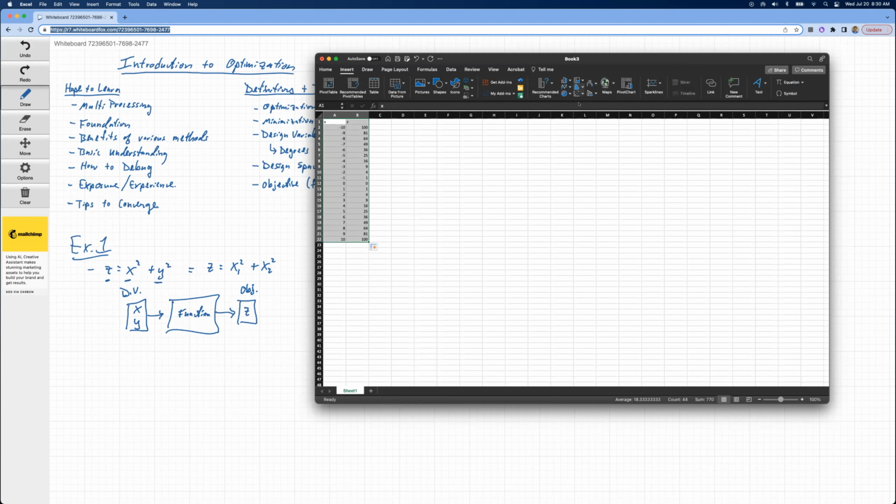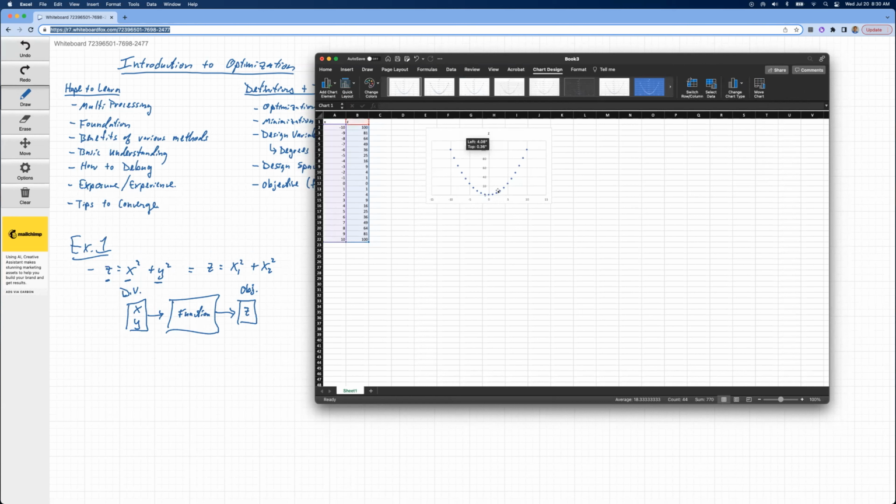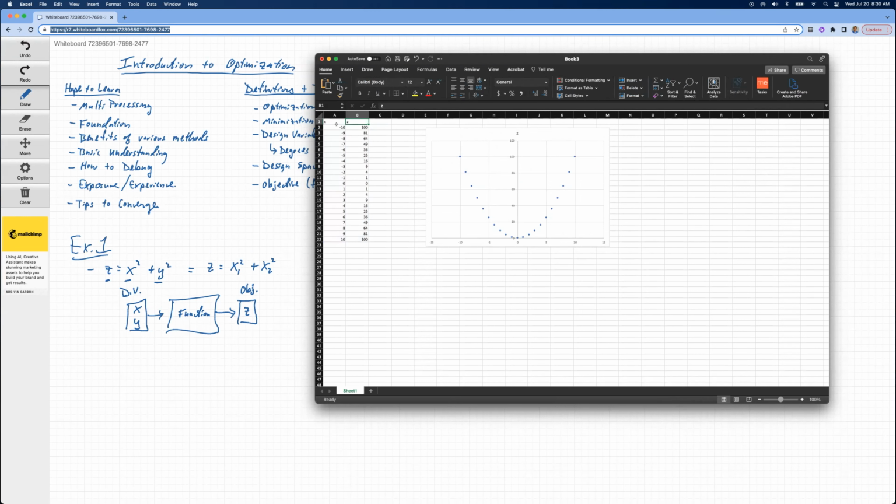And so then we can insert a plot here. So this is Z as a function of X, or usually we would use Y. If there's only one input variable X, then we would call that Y as a function of X. So you guys are all familiar with how to visualize this, right? But how do we visualize 2 dimensions? So we've got now, we're going to have